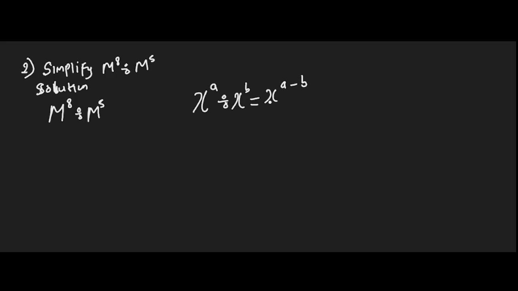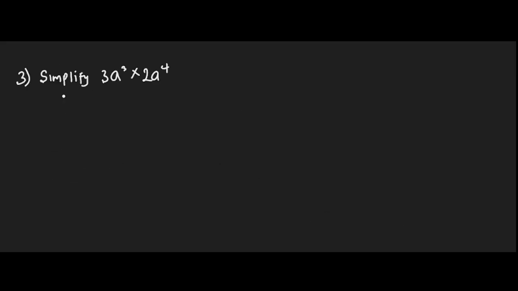We take one and subtract the power. Here, it means we are going to take m, 8 minus 5. Same base, take one of the base m and subtract the power, 8 minus 5. Here we have m, 8 minus 5 gives us 3, m raised to power 3. We have simplified that. This question, we have simplified 3a raised to power 3 times 2a raised to power 4. This is going to give us